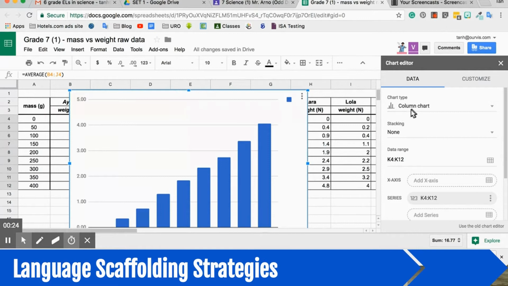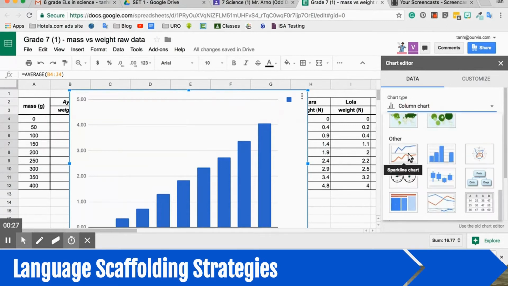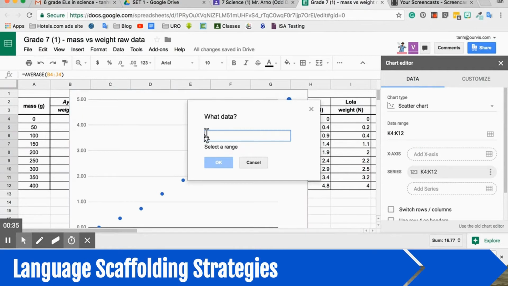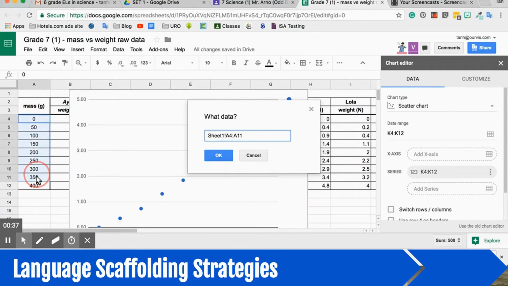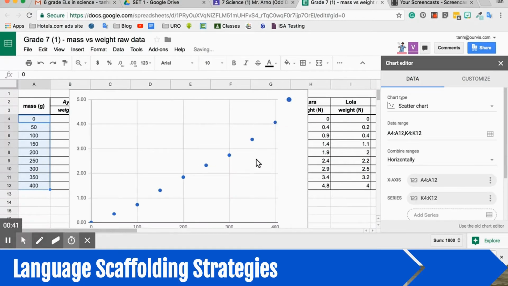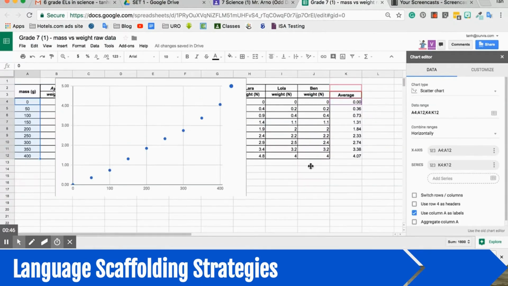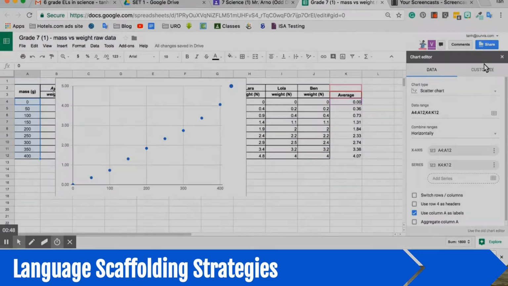We already have a chart type. You're going to go all the way down to scatter. From here, you already have your y-axis. Now it's time to do your x-axis. So x-axis, double click on that, highlight the features that you want, and it'll already present it. So now, it's now time to add